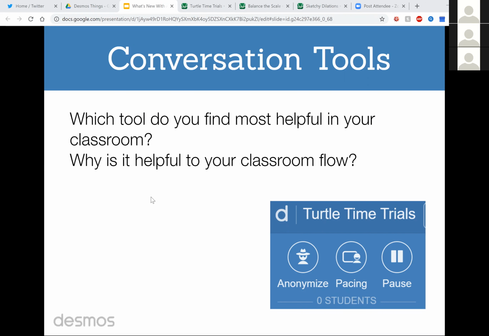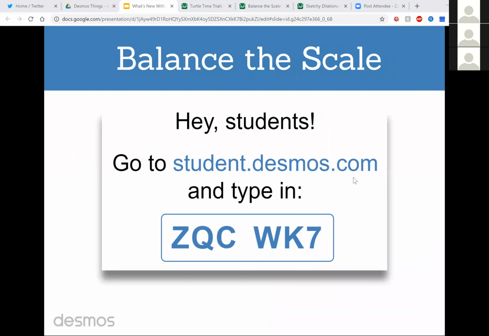I promised 3 activities today, and it's already 7:27. So we're going to speed along with our next activity. So that was Turtle Time Trials. I'll show you where you can get it and access it at the end of this. Here comes our next one. We're going to do one called Balance the Scale. So again, you might want to open up a new browser tab,